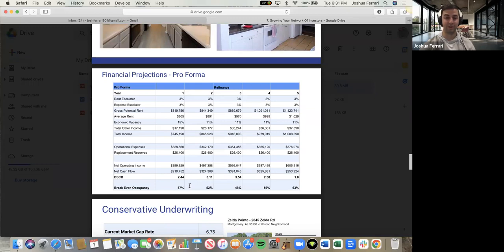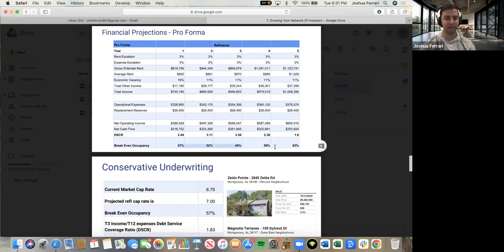Are we going to be in the red? Are we screwed? Nope, we're good. 52% and we're still solid. So that's typically a neat little risk-adjusted metric that helps a lot of our investors feel comfortable. Mostly they already feel comfortable knowing we've underwritten it and like it, but yeah,